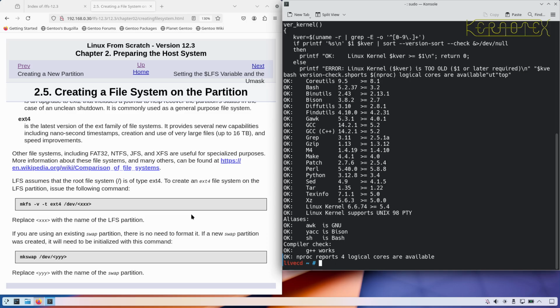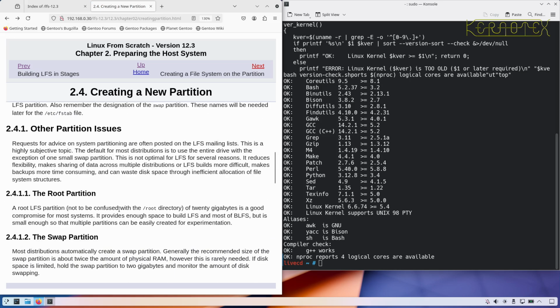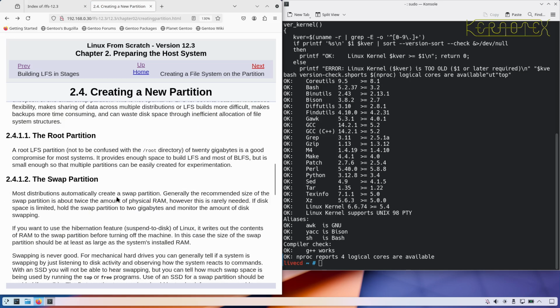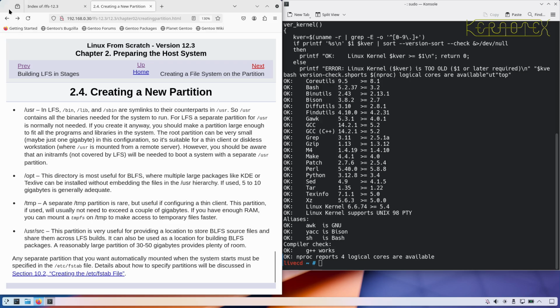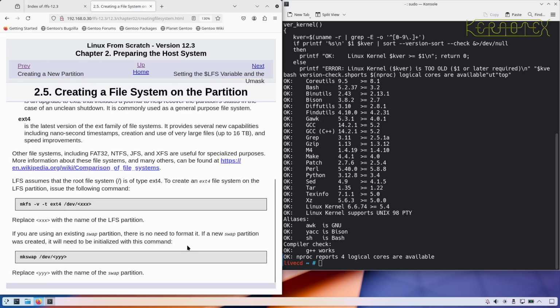So I'll go through that. It just gives hints as to how to create the file systems on the partitions. But as we saw on the previous page, there's no specific information. It just gives you the choice of how you want to do it. So I'm just going to show you how I'll be preparing it for this video and how I tend to